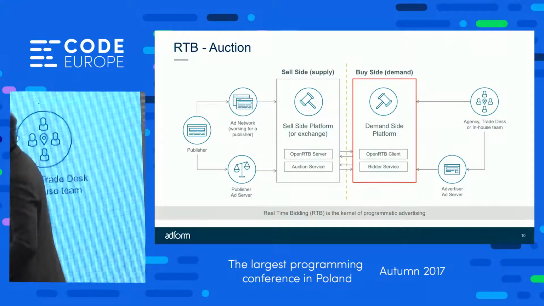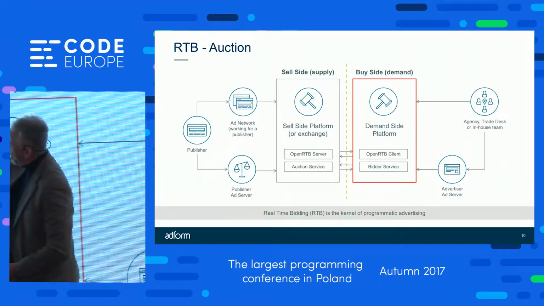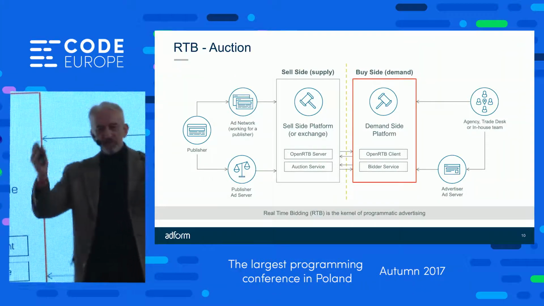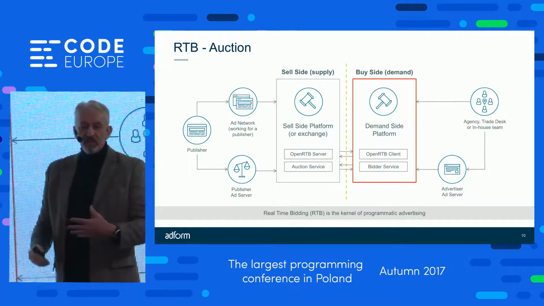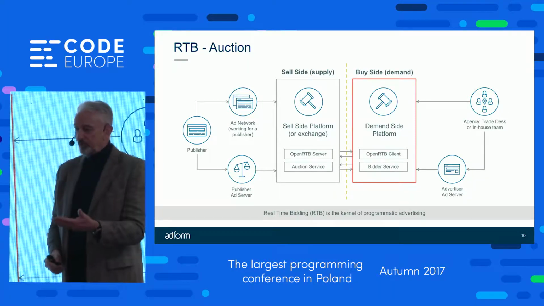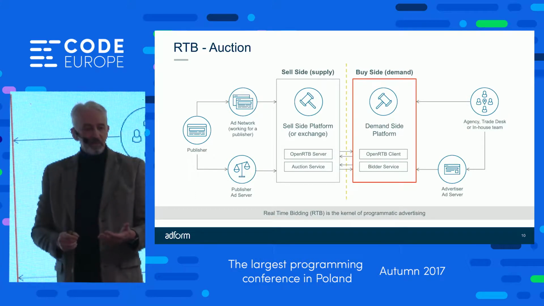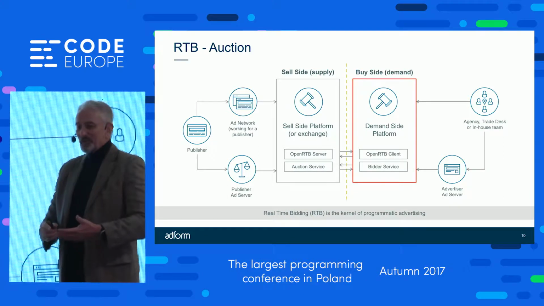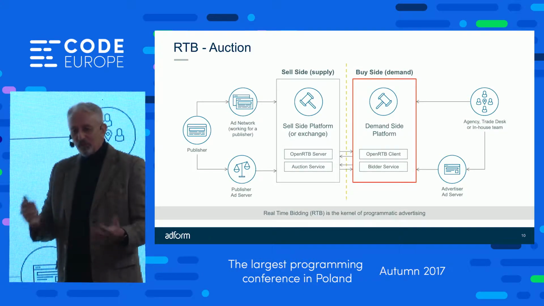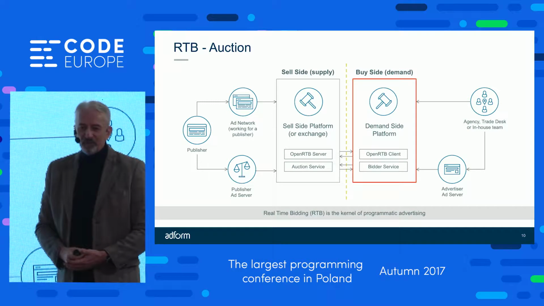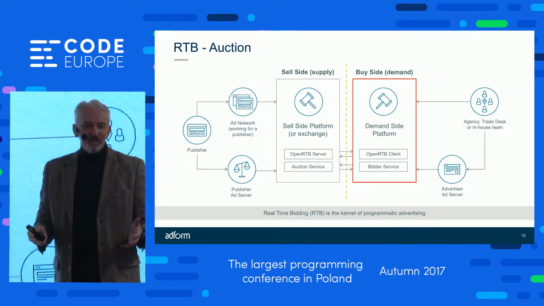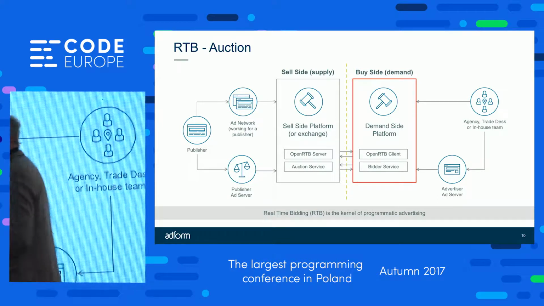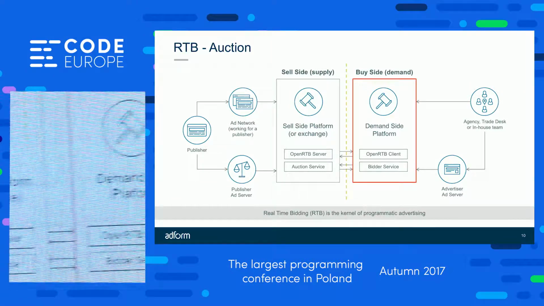So there's a couple of sides to it. So I just showed you the sell side, or the publisher, where the publisher says, I've got a website, I've got some space to sell, I want to be sponsored. But it's not only a website. In your phone, you have apps where you get advertisements. And usually the application is free, and you can use it, but they give you an option to get rid of the ads where you buy your way out of it. The reason things are free on the internet is because they're funded by advertising. Just like free-to-air television is funded by advertising, same thing applies in the internet.